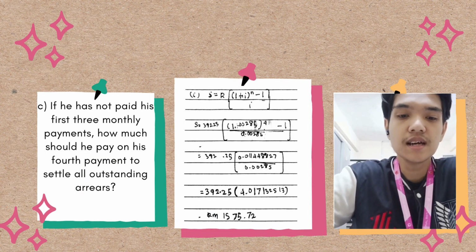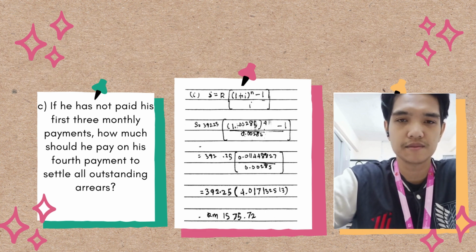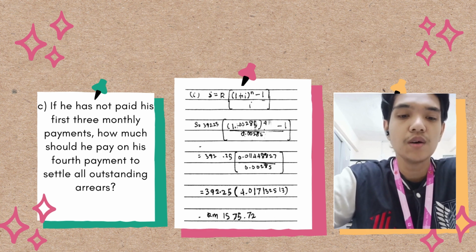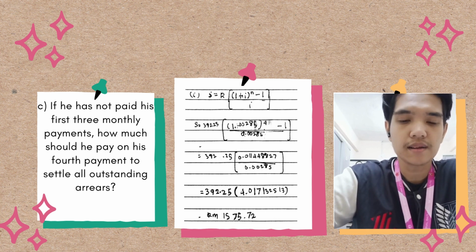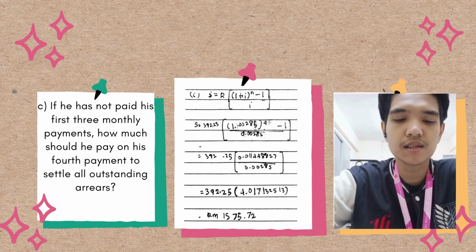C. If he has not paid his first 3 monthly payments, how much should he pay on his fourth payment to settle all outstanding arrears? So we got R, I, N. R equal to RM392.25. I equal to 0.0342 over 12. N equal to 4. S equal to 392.25